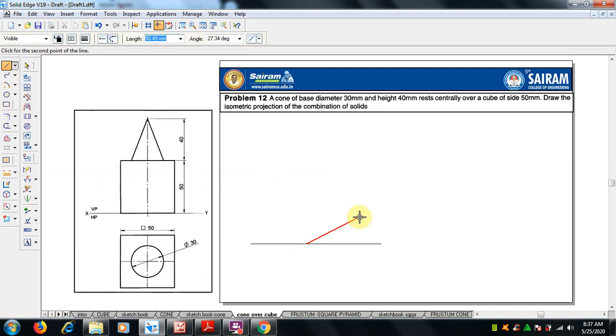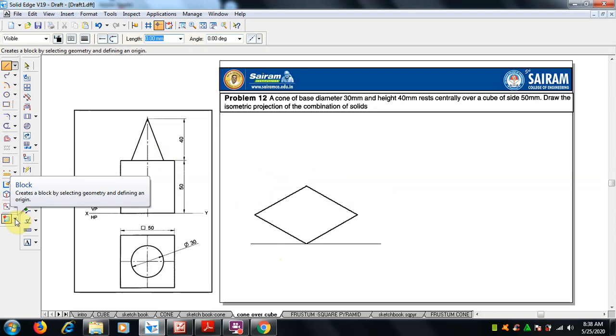So 50 mm base, 30 degree first, and then 50 mm at 150 degree. Then again 50 mm at minus 150, and 50 mm length at minus 30 degree, right? So the base of the cube comes, and the height is 50 mm.